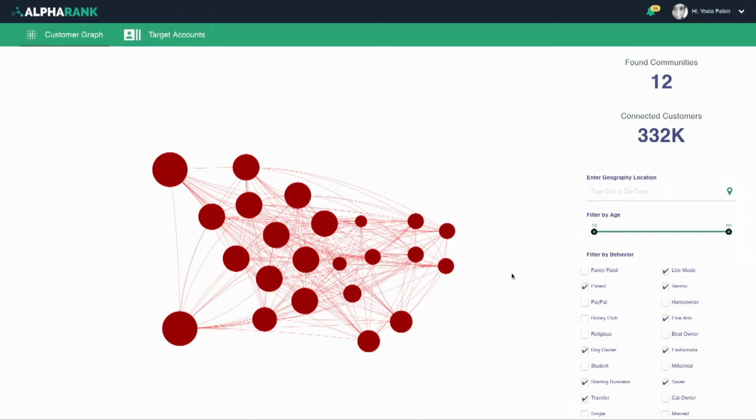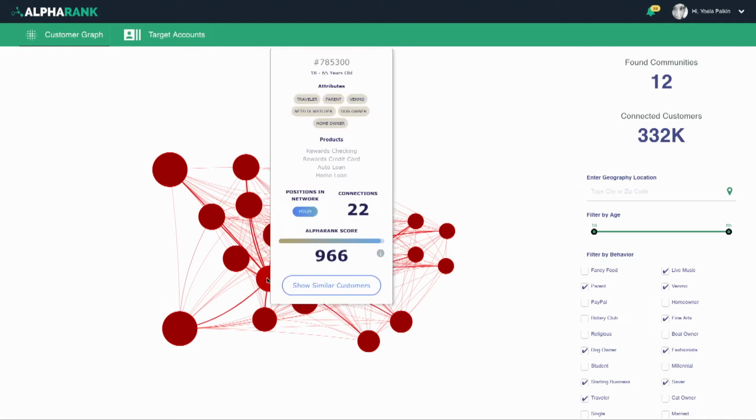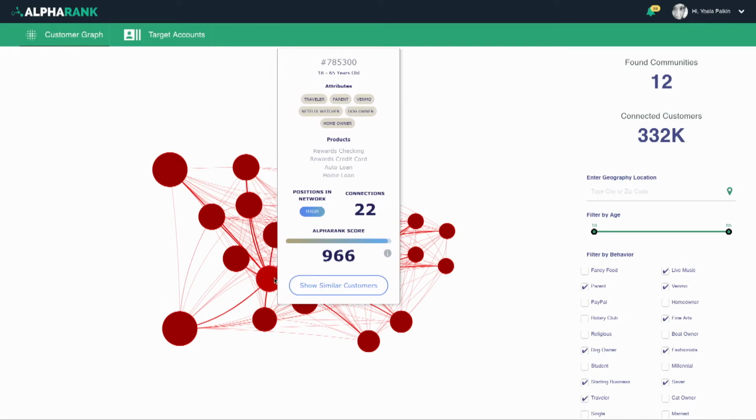So let's explore how this would work for something like acquiring new deposits, which I know is on all of our minds right now. First, Alpharank will go in and find the existing high deposit communities in your network, color-coded as red on this graph. As we explore it a little bit deeper, these are mostly middle school parents. And if we zoom in to this particular parent, we can see that they have a great Alpharank score, meaning they're highly connected, and they're tagged as a foodie who's much more into live music than their peers. This is exactly the type of stable deposit relationships that we would like more of. So let's go get some.